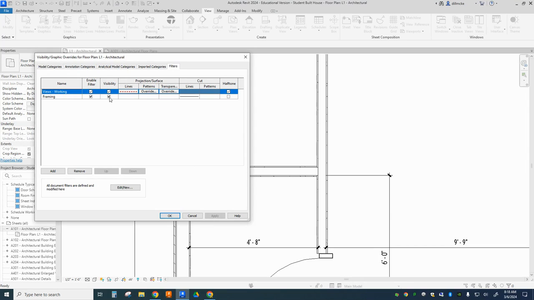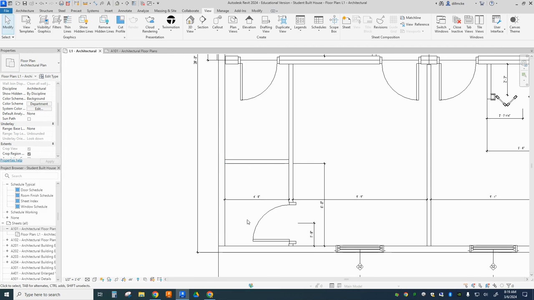Watch what happens if I uncheck the visibility box and I click Apply. It applies that filter. So everything that is not the material softwood lumber, so the drywall, the exterior plywood, the exterior siding, all of that stuff, those extra layers, it all becomes invisible. It's still here. If we look at our 3D model, it'll still be there. It'll still look visually accurate, but it's no longer visible here in this view, in this framing plan. So I'll click OK and accept that